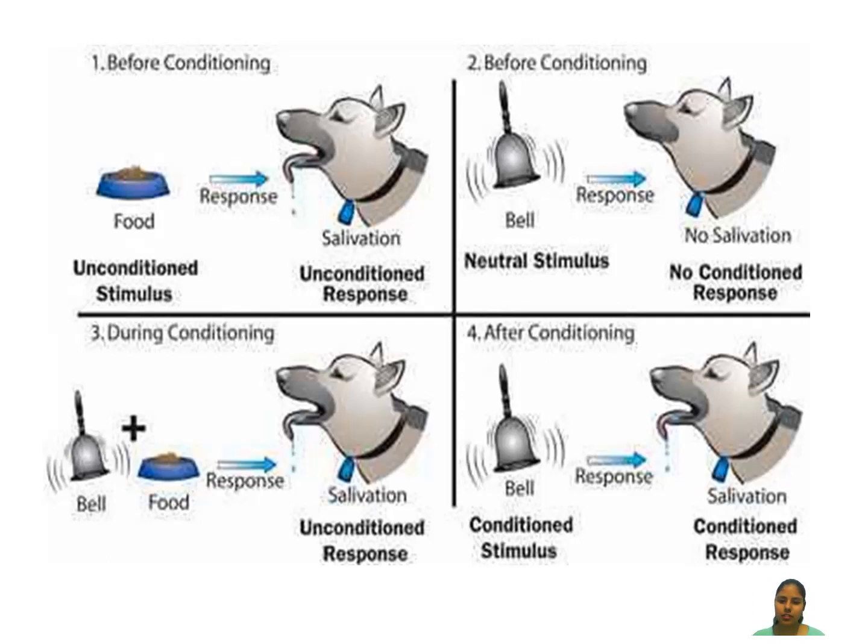Now in the third picture, what Pavlov did, he had just associated bell and food together. Now there is an association. One is the unconditioned stimulus, and another one is the neutral stimulus. This thing is very important to understand: one time the unconditioned stimulus is there, another time the neutral stimulus is there, and when you have put them together, now ring the bell and food, now there is a response, that saliva is there, and you are doing this